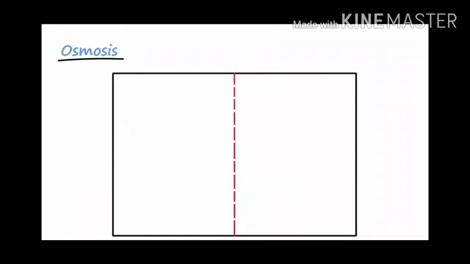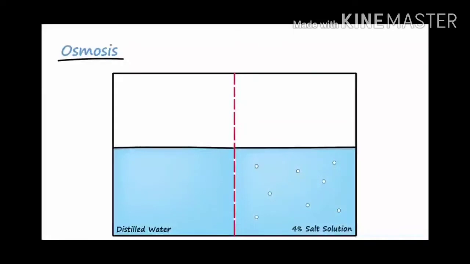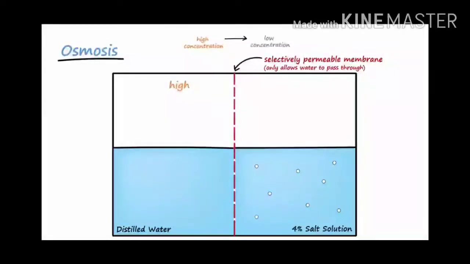So I have chosen a simpler way to understand the process. Here you see the two chambers are divided by a semi-permeable membrane. On the left hand side we have taken distilled water, and on the right hand side we have taken a 4% salt solution where the water concentration is less. Now see what happens through this semi-permeable membrane. From the left hand side it will only allow the water to pass through. So the water molecules will pass from the higher concentration to the lower concentration of water, of course. From the left hand side, the water molecules can pass through into the 4%